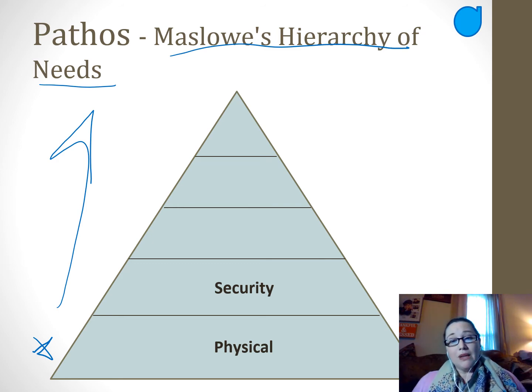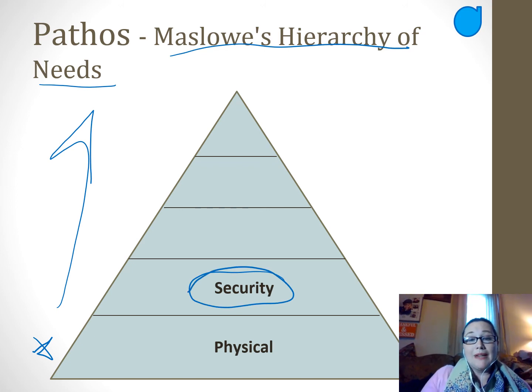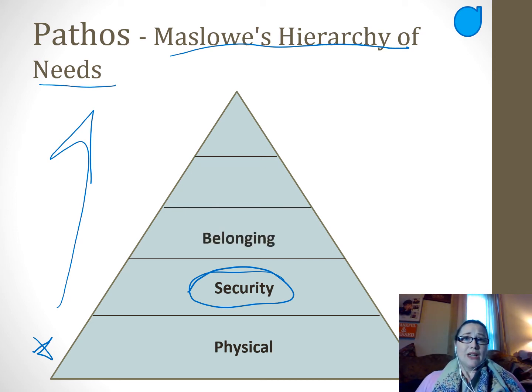Honestly, we might all be kind of stuck here at the security level now and for a while because of the social isolation that we're in. And I'm going to see how that might affect some of our other things that are happening here. The next level is belonging, belonging to a group. I find it really interesting that what's going on here with the coronavirus is affecting our hierarchy needs in a very specific, immediate way, and I think it gives us a good impact.